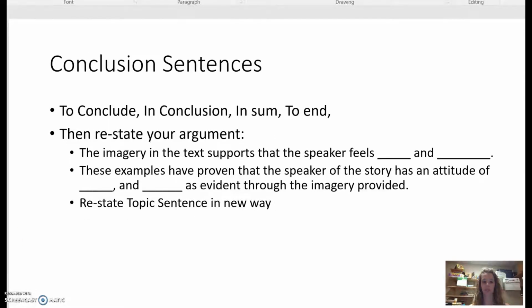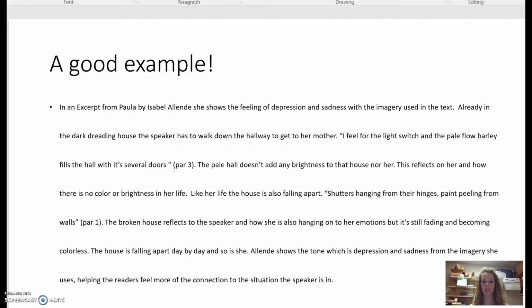Okay, some ideas about your conclusions. And then I have a good example if you want to see a full paragraph that does a nice job overall. It's not perfect, but does a nice job overall, then you can read that one as well. All right, that would be a good guide for you as you rewrite yours. Okay, so you'll resubmit that, and that will be how you do class today. So half the class on the sonnet, next class, half of class, get the desk back together, sit in your assigned seats, and work on your individual paragraphs. That's due on Thursday.